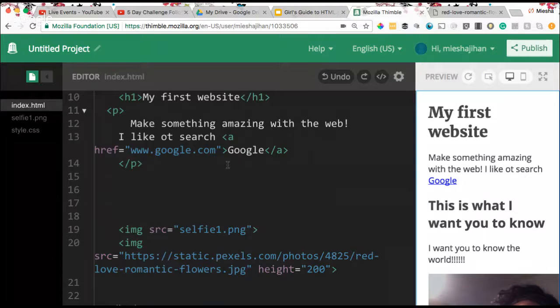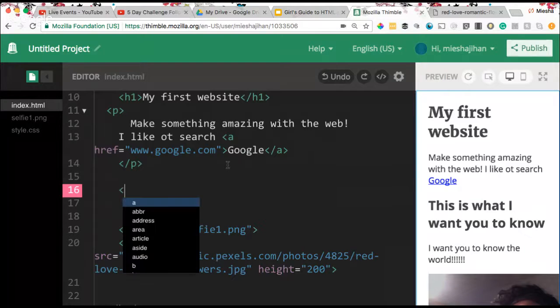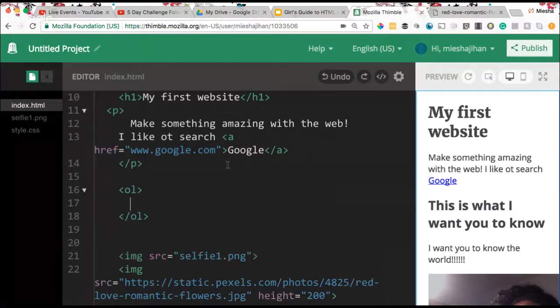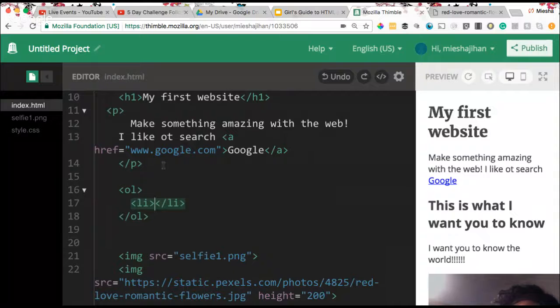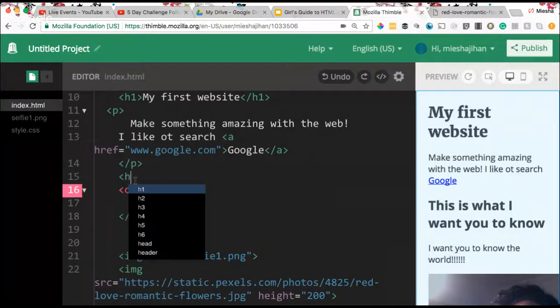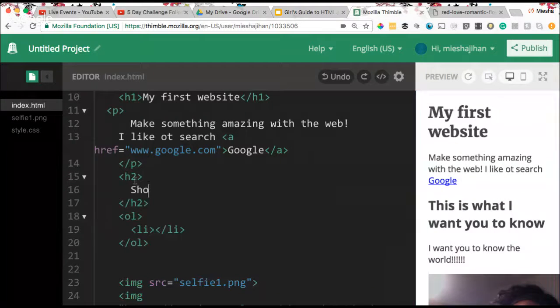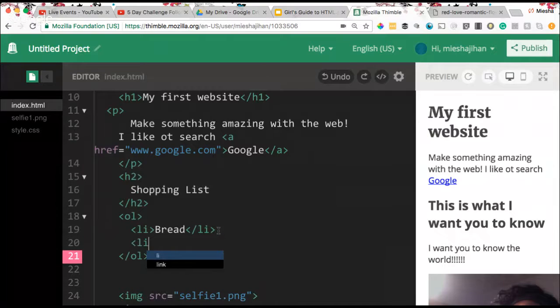Okay, so we're going to do list items. We're going to do ordered lists, which is OL, and then we're going to do list items. So OL lets the computer know we're doing an ordered list. List items are the items on the list. We're going to do H2, and we're going to do shopping list. Okay, and then we're going to do bread, and then every time we put another list item, we have to do an LI. Milk,